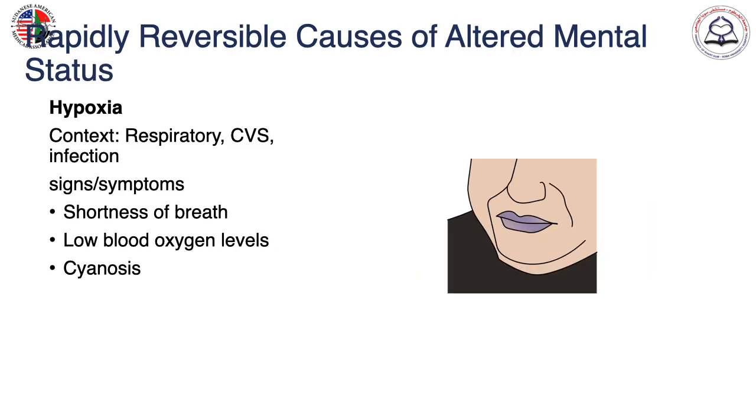Hypoxia. I always like to think about altered mental state in terms of ABCD: A and B as hypoxia, C as reduced perfusion, D as disability and hypoglycemia. In hypoxia, you can see illnesses affecting the respiratory or cardiovascular system and sometimes severe sepsis. Patients present with shortness of breath and tachypnea, and in case of shock, they get low blood pressure, low oxygen saturation, use of accessory muscles, and cyanosis is a late finding.